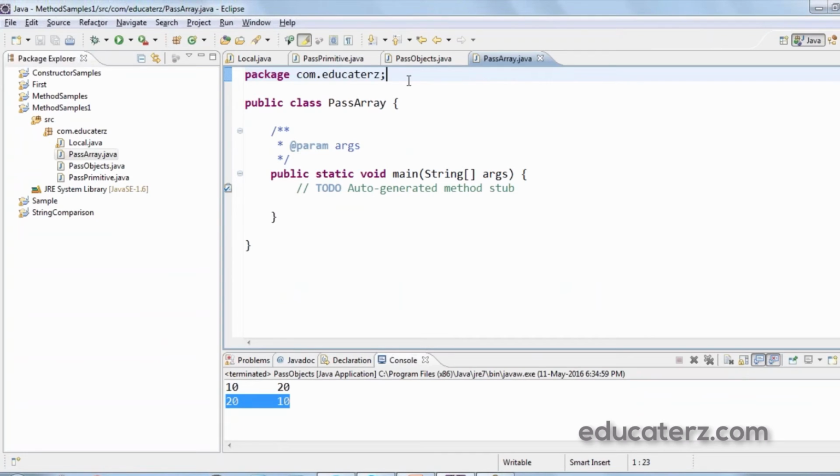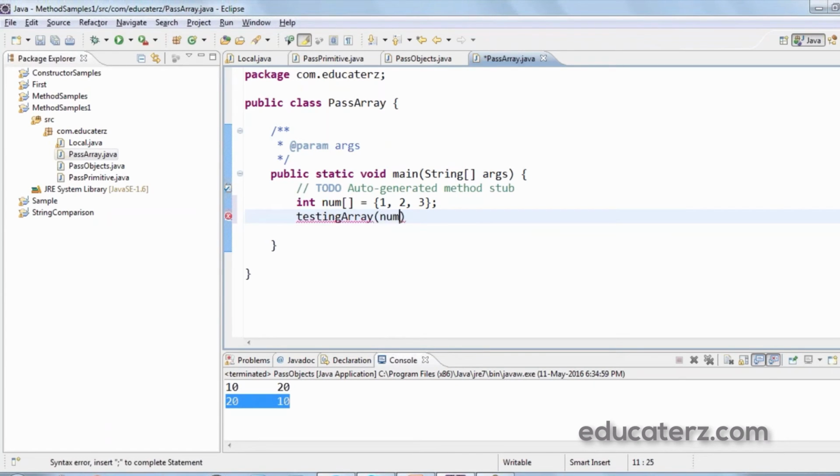Within the main method, I create one array, a single dimensional array, say int num equals to, which is having three values like 1, 2 and 3. Then I call a method called testingArray, wherein I pass this array called num.